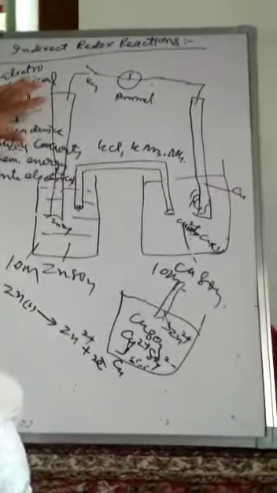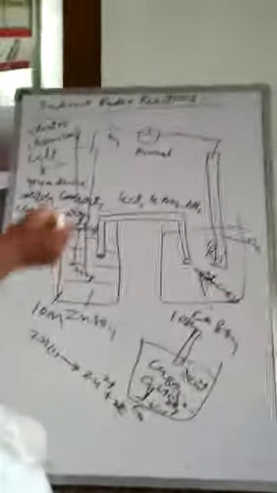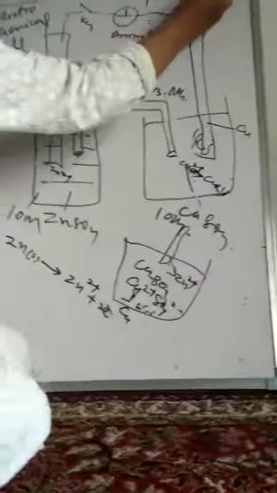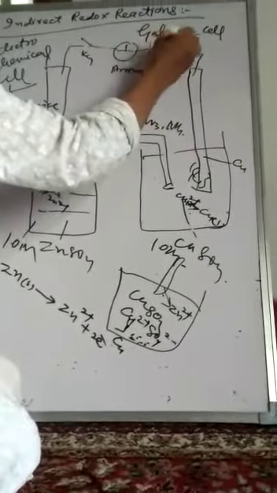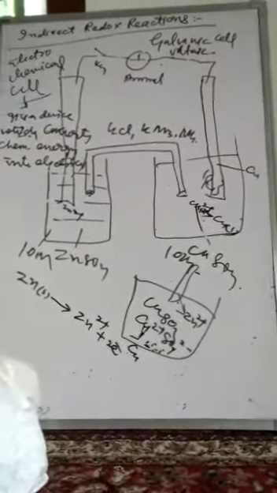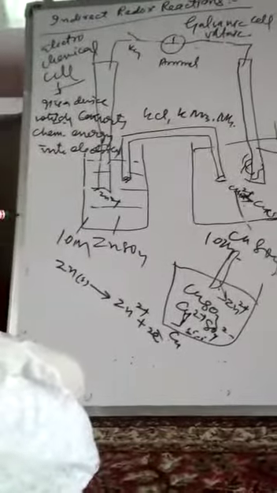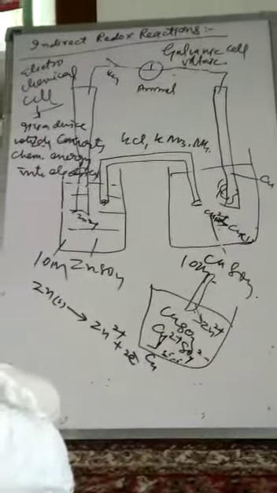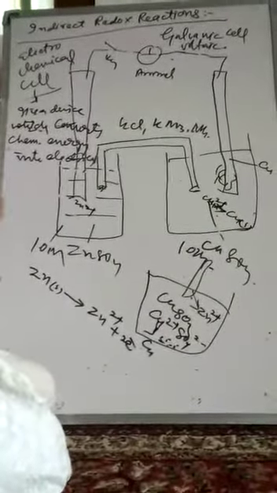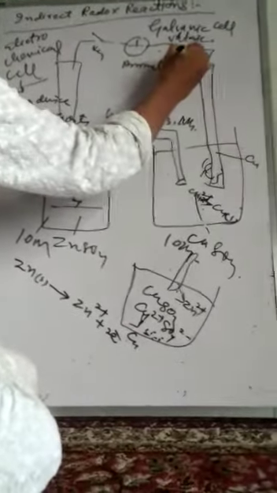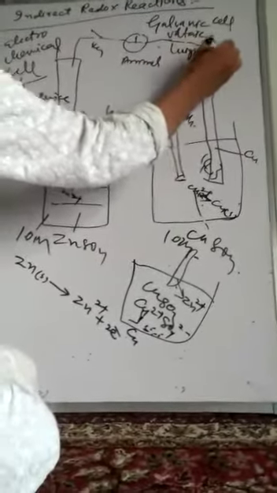This is also called a galvanic cell or voltaic cell. Why galvanic cell and voltaic cell? Because these were first simultaneously made or invented by Luigi Galvani,